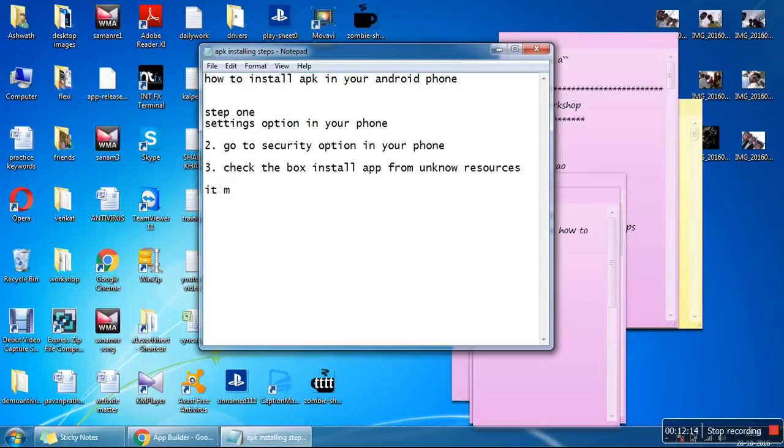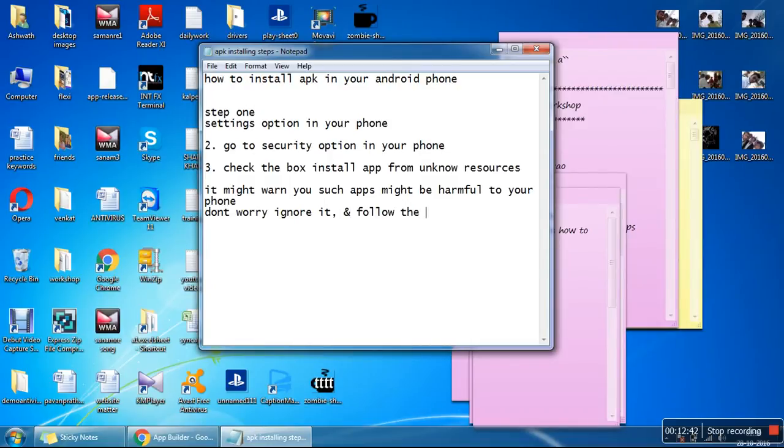It might warn you such apps might be harmful to your phone. Don't worry, ignore it and follow the next steps.